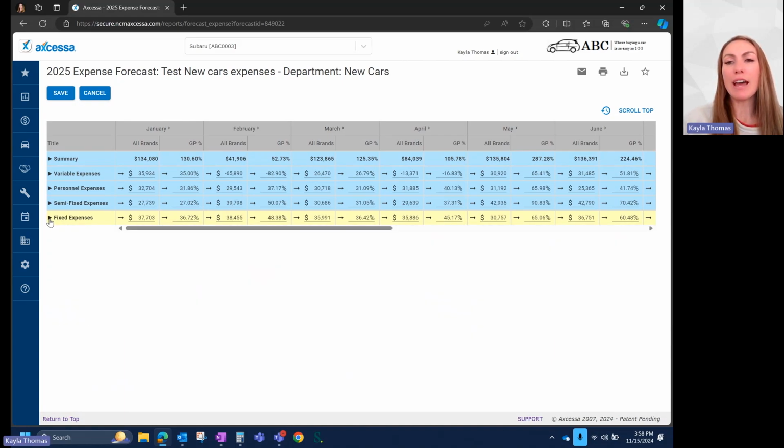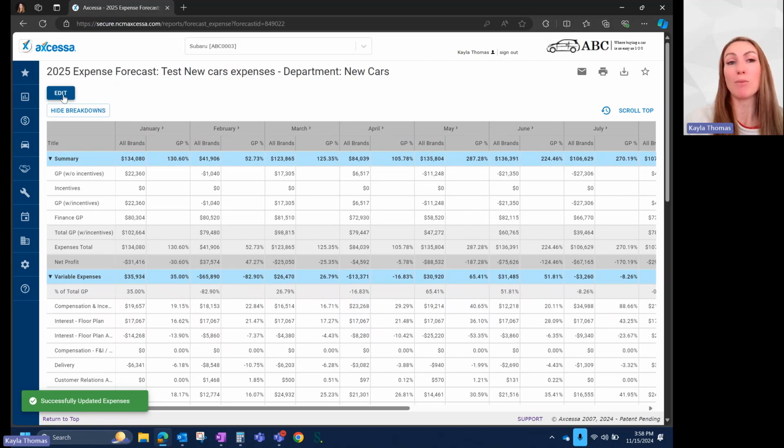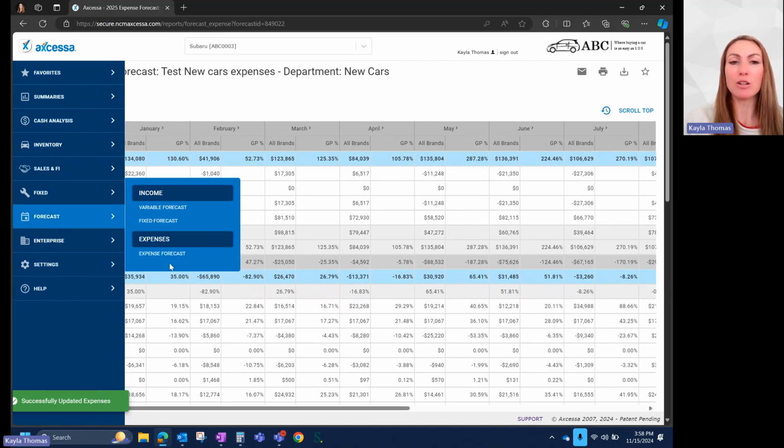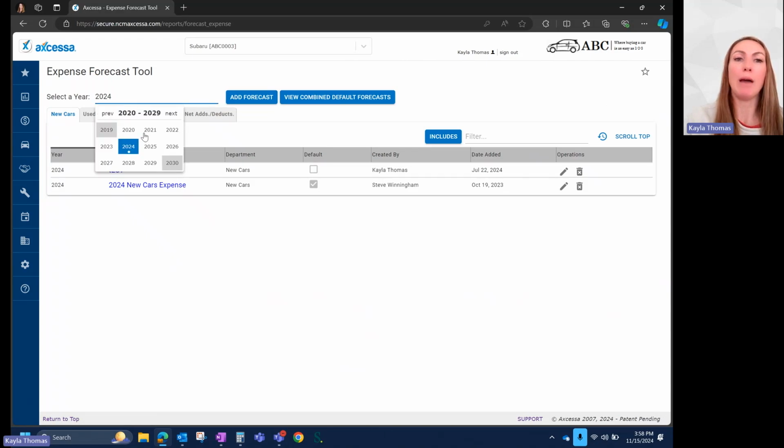You notice that when I created this forecast and first opened it, all the numbers were already filled out, and that's because we pull your historical numbers and then you just adjust from there. So it's prior year numbers that you spent in these expenses, adjust accordingly from there. After that, you can hit save and you're already done with your new car department. It's that easy. Then you'd want to go back into the forecast section, go back to expenses, go back to 2025